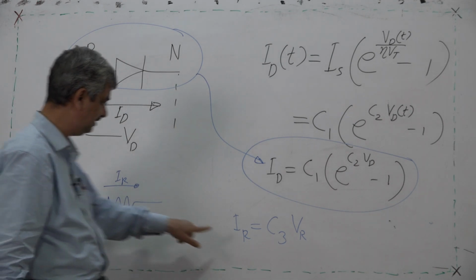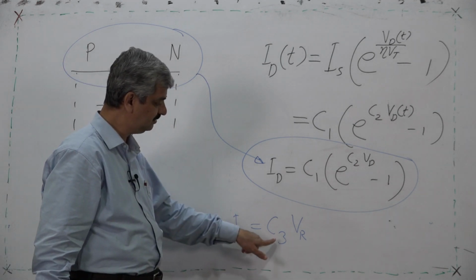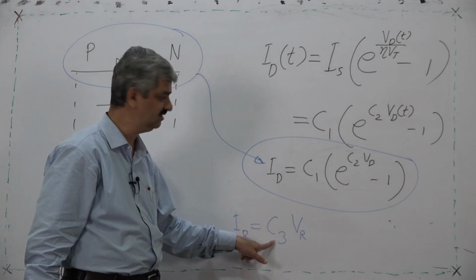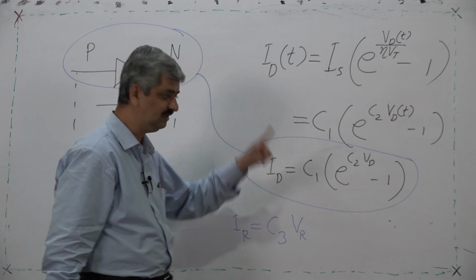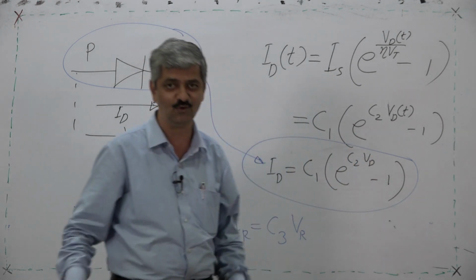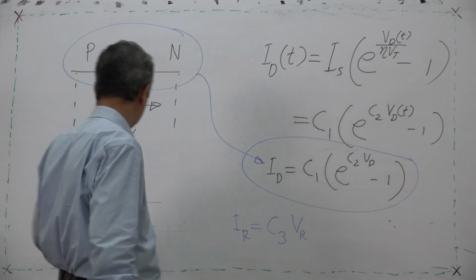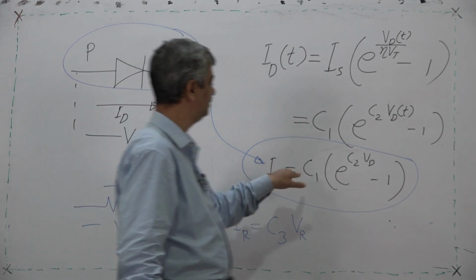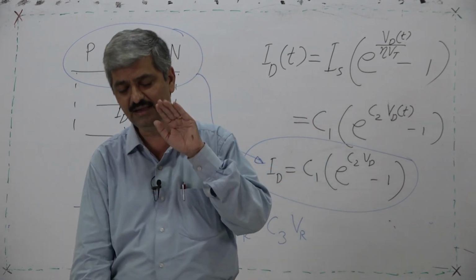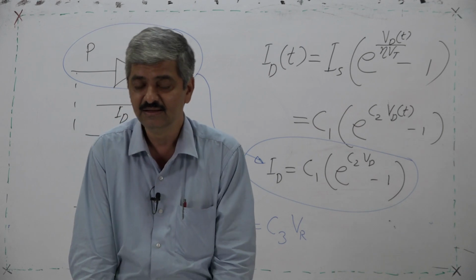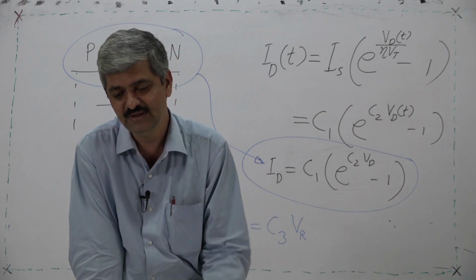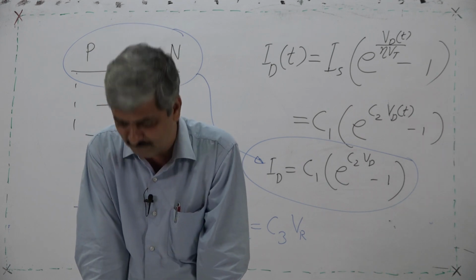Resistor is device where current is linearly dependent upon voltage with some constant. Here current is dependent upon voltage in some non-linear manner, but for a given diode it is fixed. For a given resistance this is fixed. For a given diode the terms C1 and C2 are fixed. So, if this is told clearly, then what happens is, I will certainly say that I will take few examples,